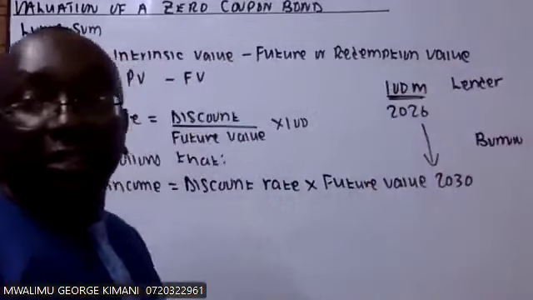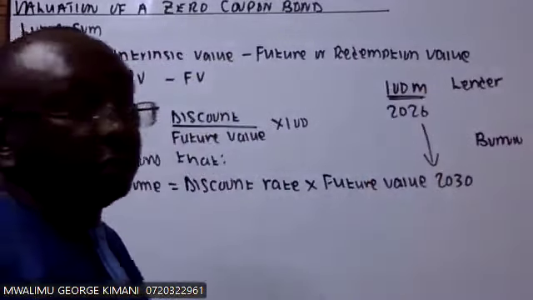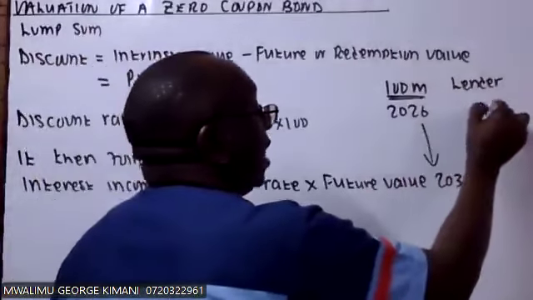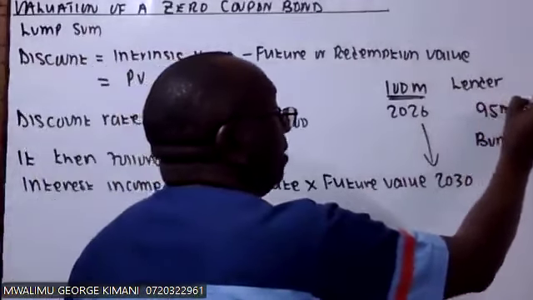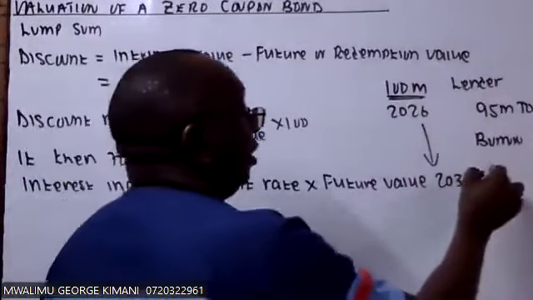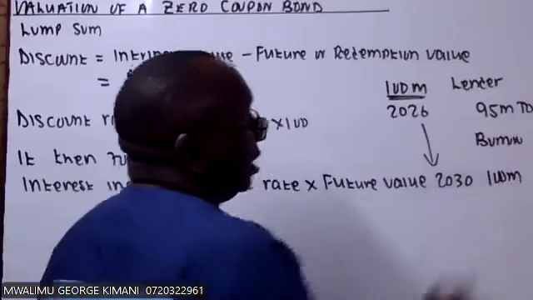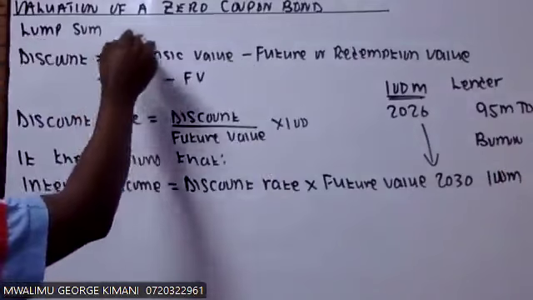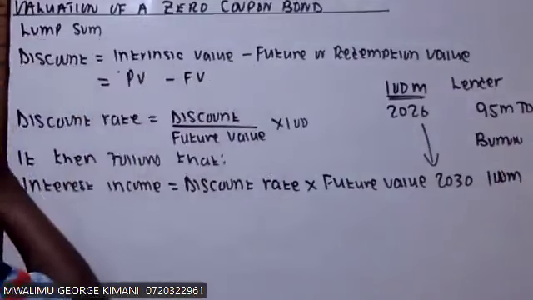You will deduct the discount, maybe 5 million. So you give them 95 million today, but when it will be time for the borrower to return, he will return 100 million. So that's why we are saying that the discount will be equal to the present value